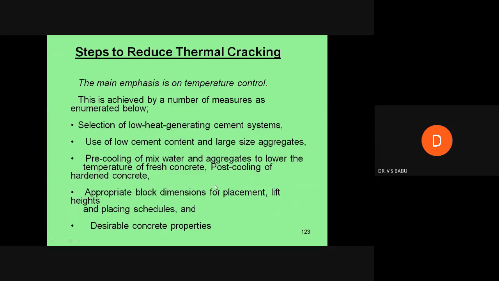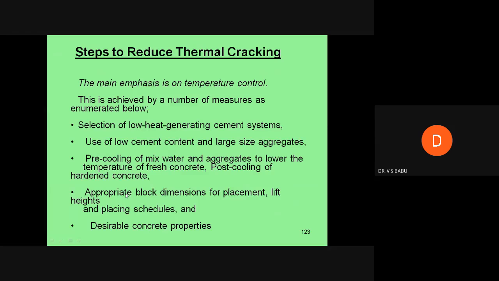Post cooling means, once the concrete is poured, after 1 or 2 hours it will attain some strength, then you can take some gunny bags and cover it with a very cool gunny bag. The chilled water will be sprinkled over that gunny bag. Suppose you have cast a pavement, then tarpaulin sheds, some artificial tarpaulin sheds and cover shadings should be laid down, and the concrete should be protected.